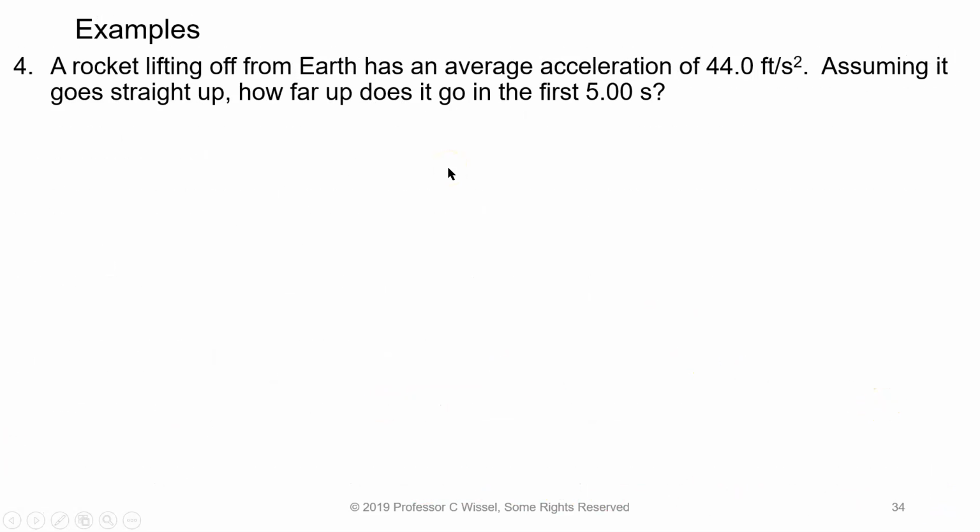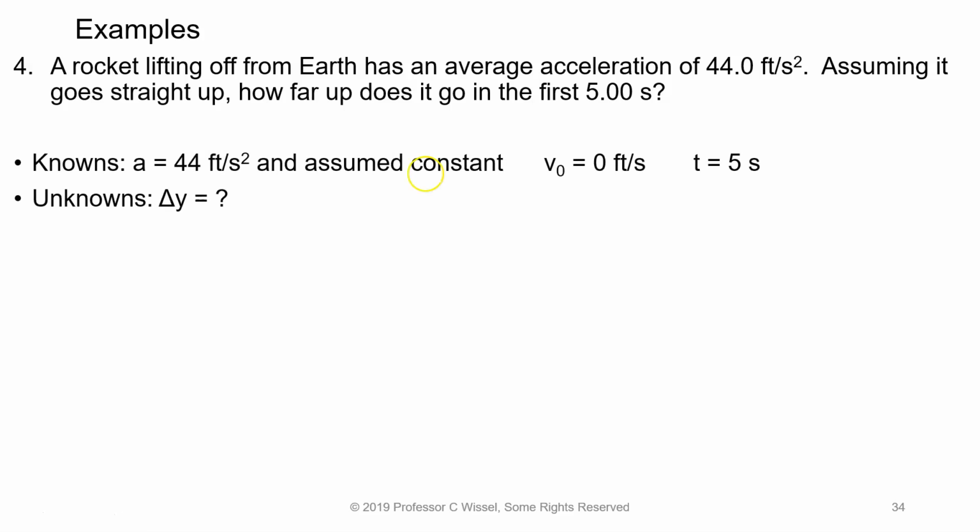Example: a rocket lifting off from Earth has an average acceleration of 44.0 feet per second squared. Assuming it goes straight up, how far up does it go in the first 5 seconds? Okay, write down the knowns. The acceleration is 44 feet per second squared. We're going to assume it's constant. The initial velocity is 0 feet per second. The time is 5 seconds. We want to know how far up. We're going to call up